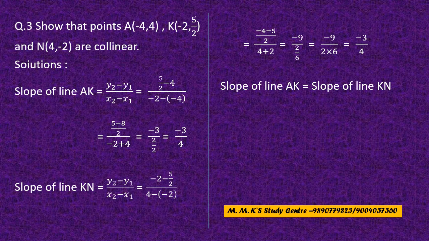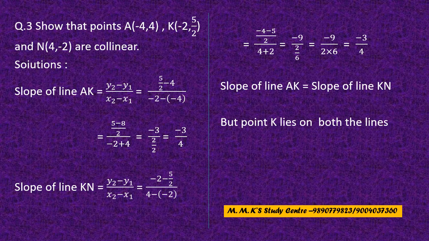And this 5 as it is. The common denominator is 2. At the denominator part, 4 as it is, minus minus will become plus, so 4 plus 2. Yes, getting it, children? Now in the numerator both are having minus signs, so we get 9 with the sign of the bigger term, minus, whereas this 2 as it is. 4 plus 2 is 6. Again this 2 and 6 are both present in the denominator, so they will get multiplied. So you will get minus 9 upon 2 into 6. Therefore you will get minus 3 upon 4.